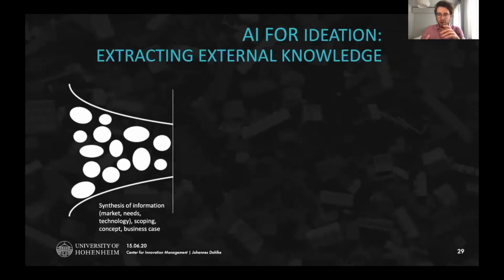Starting off with AI for ideation. So what's happening in this phase is one of two things. First, companies screen the market and see what do customers need, what do they want, where is the potential to create a new market. This will be the market pull argument, so the market pulling for an innovation. And then on the other hand, a company might also screen the technological horizon and see what kind of promising technologies are coming up that may be implemented in the new product or service to be offered to the customers. This would be the technology push argument.